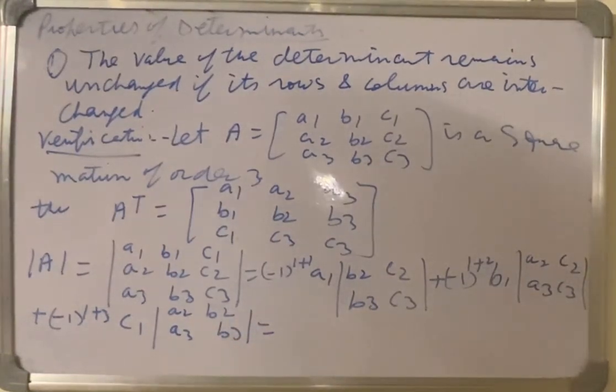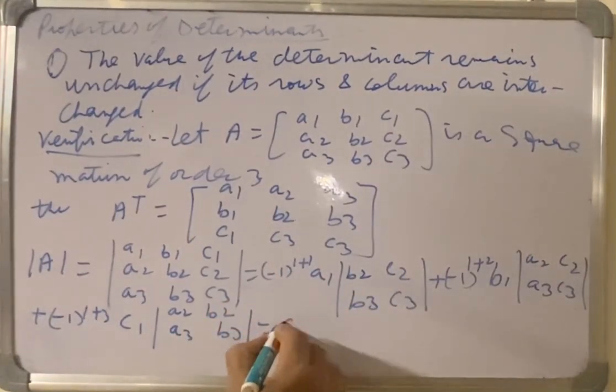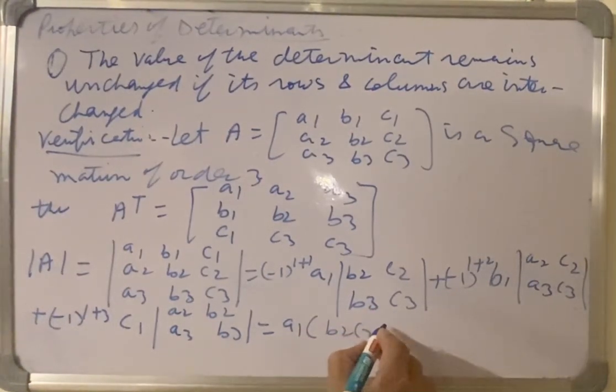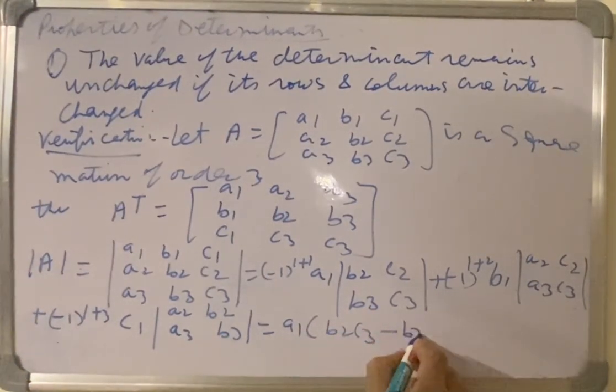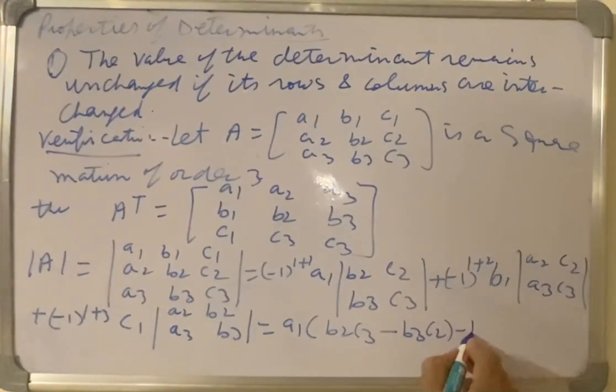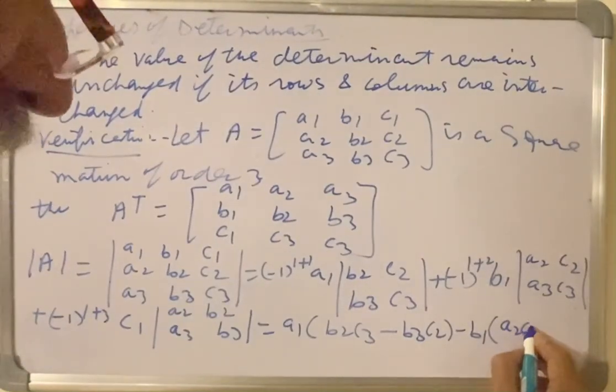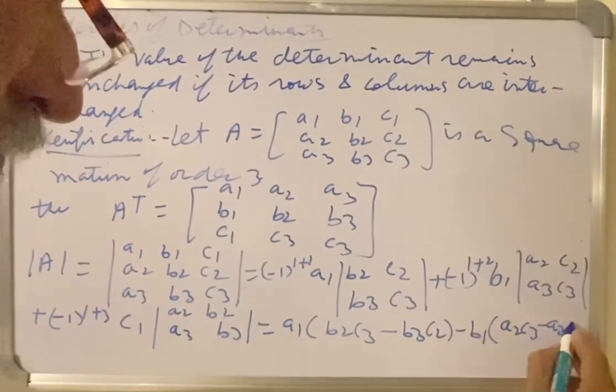Expand this: A1 into (B2 C3 minus B3 C2) minus B1 into (A2 C3 minus A3 C2)